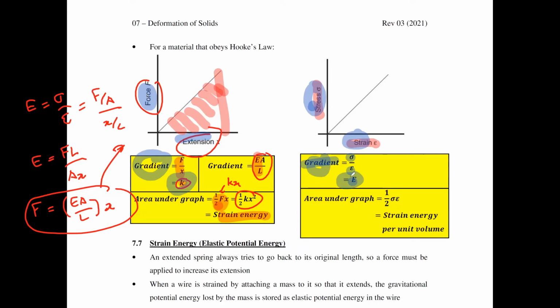Okay, and then after that, this one sometimes does come out, but not often. The area under your graph is half stress times strain. It's actually strain energy too, but it's strain energy per unit volume. Okay, why do we call this a strain energy per unit volume? If you just analyze the units of stress and strain here,